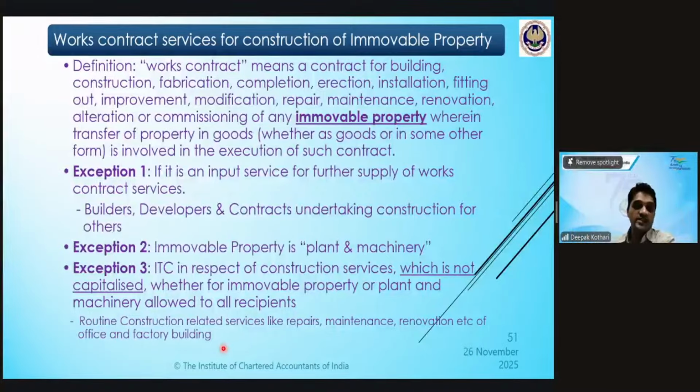ठीक है, अगर आप उसको फिक्स्ड एसेट्स में लेते हो then it's a block credit, लेकिन आप जो भी वर्क्स कॉन्ट्रैक्ट ले रहे हो उसको आप एक्सपेंस ऑफ कर लेते हो तब वो ब्लॉक क्रेडिट में नहीं माना जाएगा। आप उस पर क्रेडिट को ब्लॉक मत कीजिए।